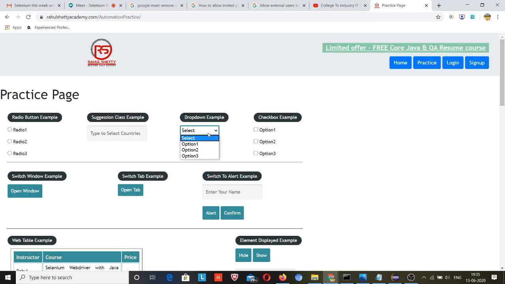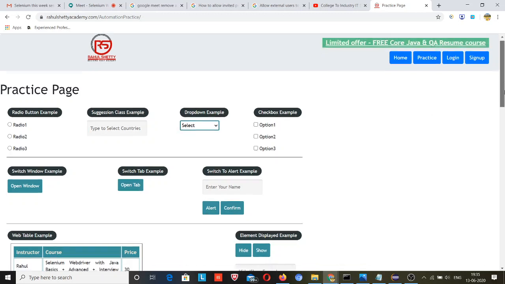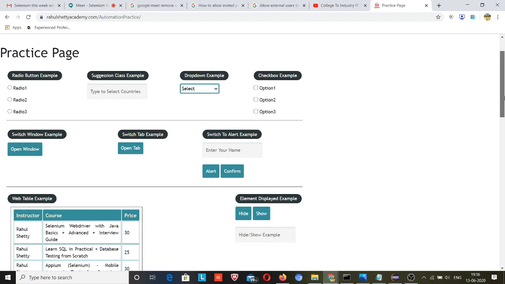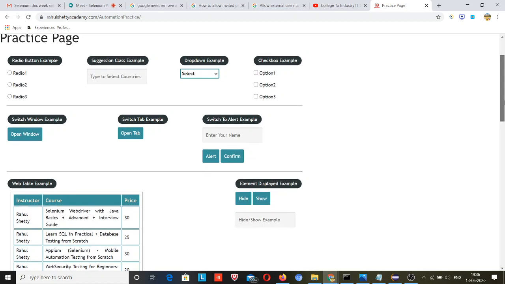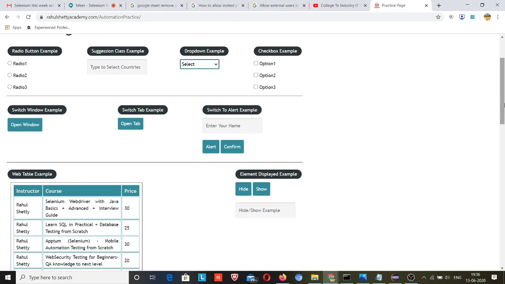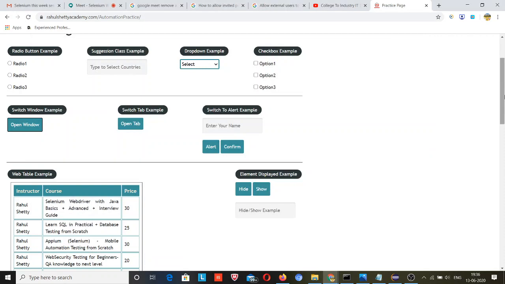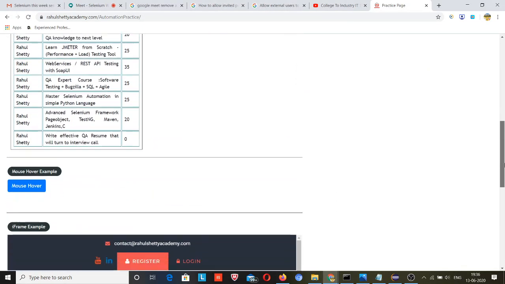It is a normal drop down box. It is a check box. You need to deal with all kinds of web elements. This page is basically made for practice of automation. This is to deal with the window when a new window opens in your web page. This is a very good page for automation practice.